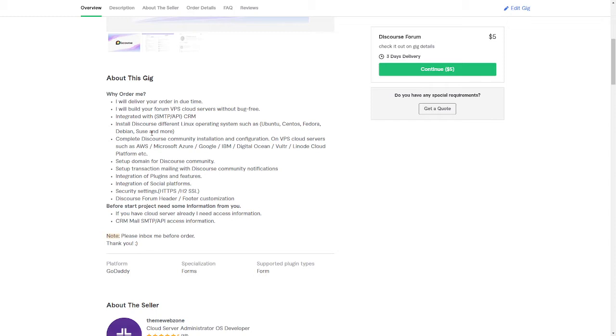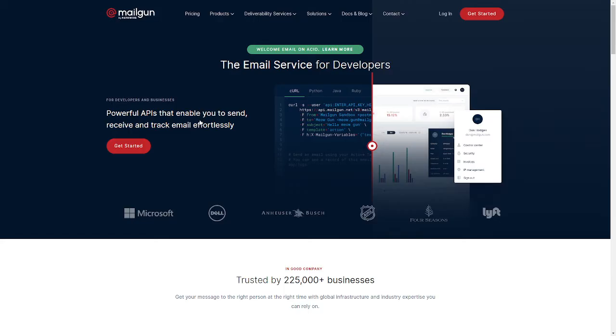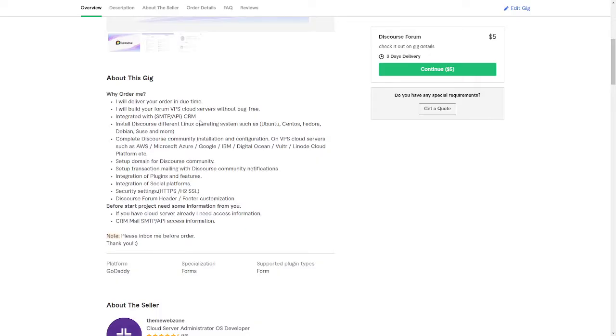So we need another thing, which is the SMTP server we are mentioning over here. We need some information. So the SMTP server is required. If you are interested, you can see this company, like Mailgun, they are providing the service of SMTP server. Once you buy from them, you will get the services of SMTP server. And we need something else, which is the